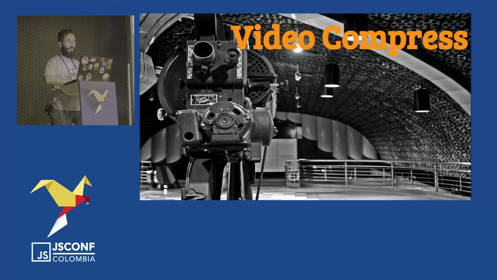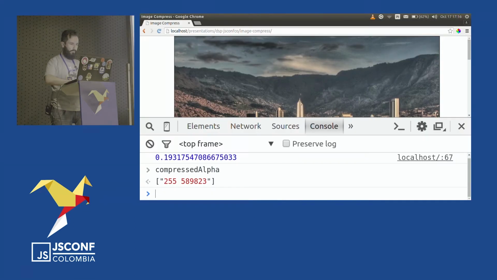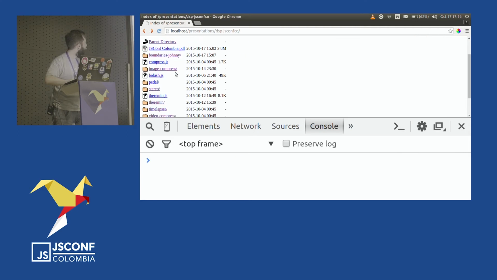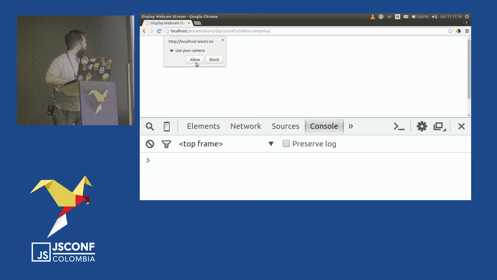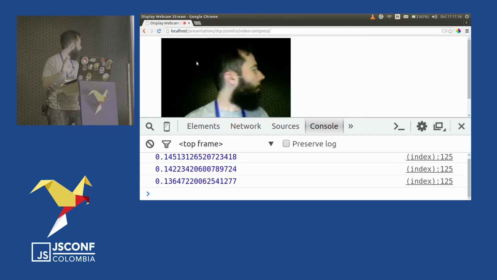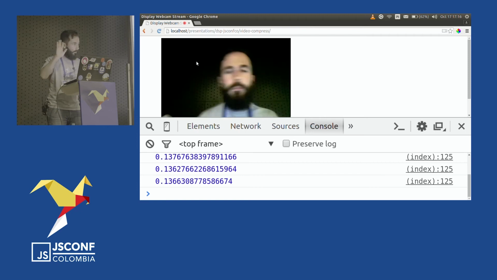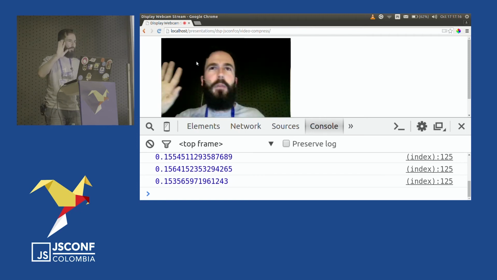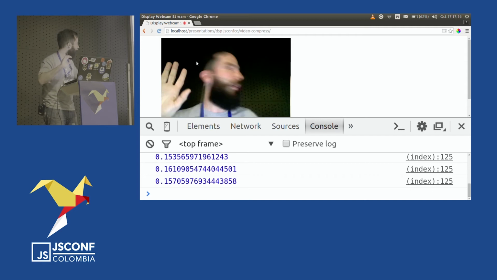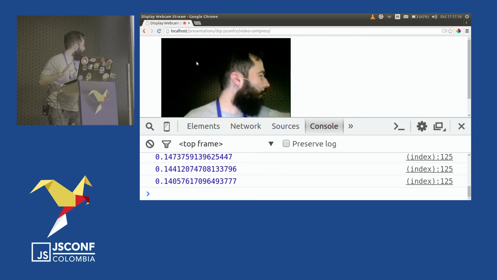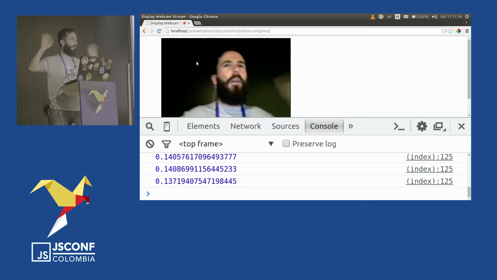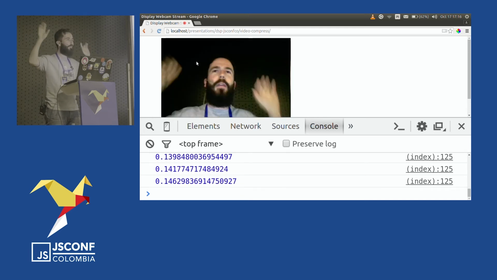And the same applies with video. Here is video compression. I'm compressing, and I'm using setInterval just to make sure my browser does not freeze. The compression here is about 15, 14, because the background is black, so there's no difference between the other points.